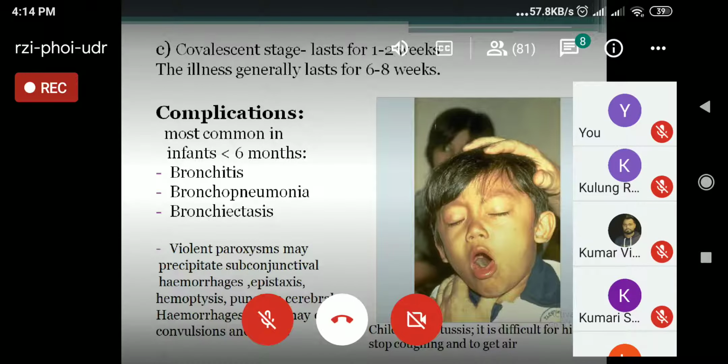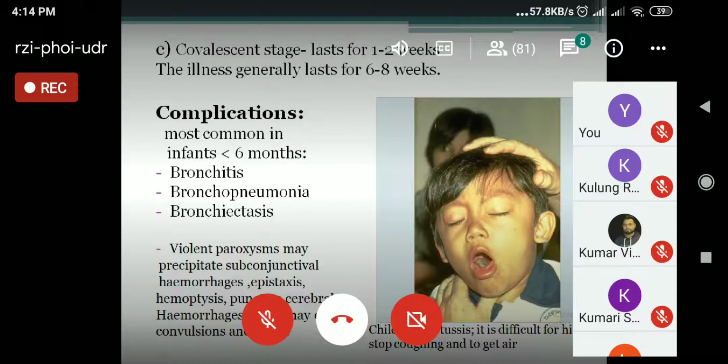So after diagnosing, you have to isolate them, treat the cases, and disinfect all the discharges from the nose and throat. Like by washing, by proper disposal of the pharyngeal secretions and nasal secretions, washing hands properly, washing clothes, and everything should be done. And early diagnosis by bacteriological examination of nose and throat secretions obtained by nasopharyngeal swab.